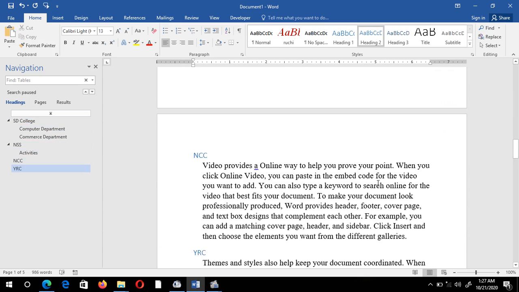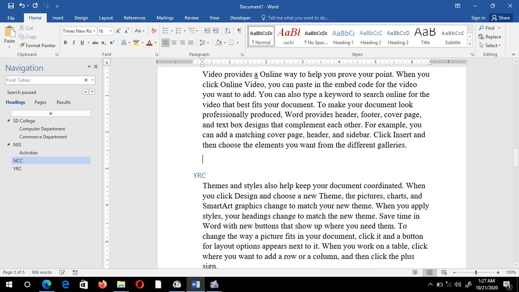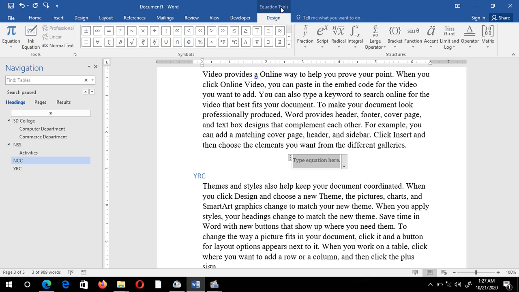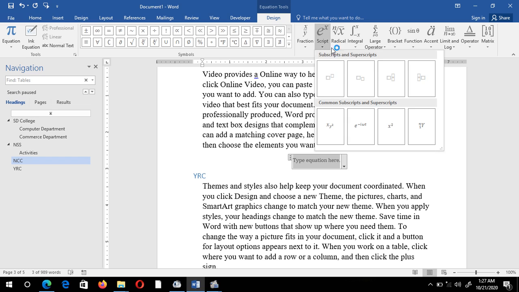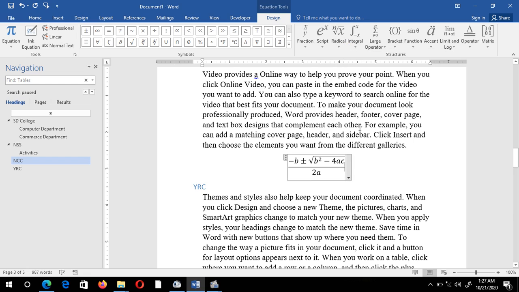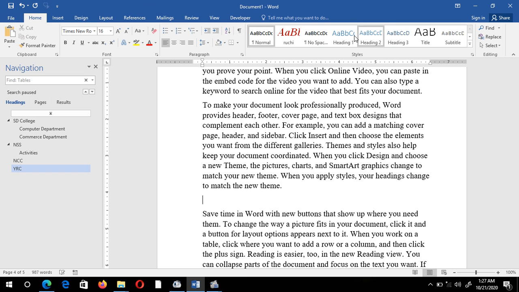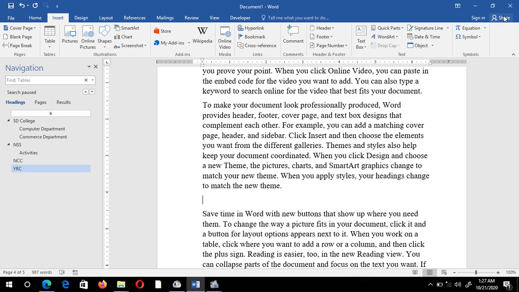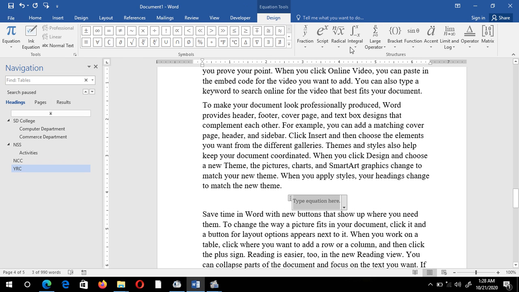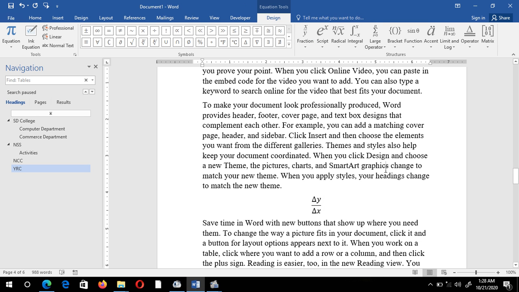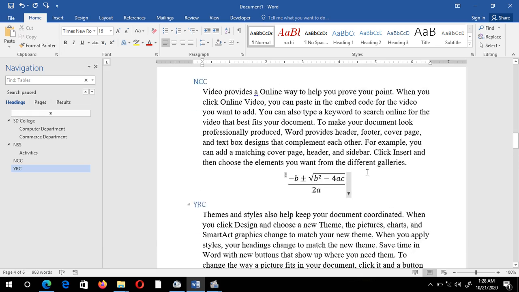On some other page I am inserting one more equation. Click here and you will get the equations. Suppose I want to insert this equation and I want one more equation, that is a mathematical equation. Click here and select this option. Now you can see I have 3 equations in my document.